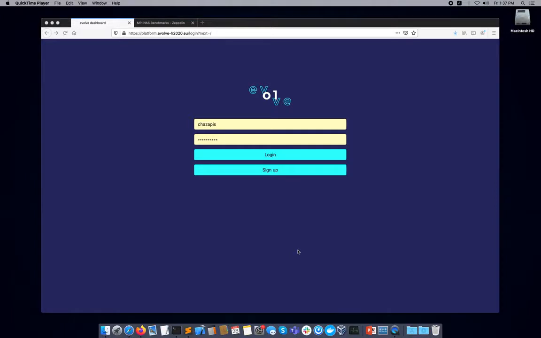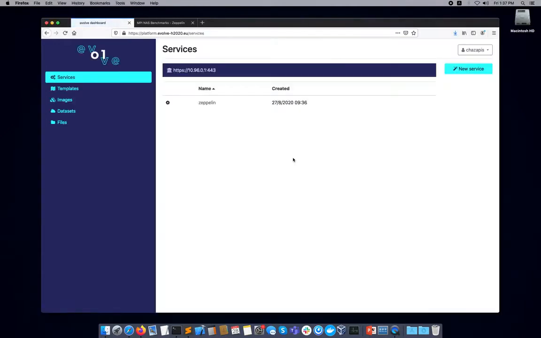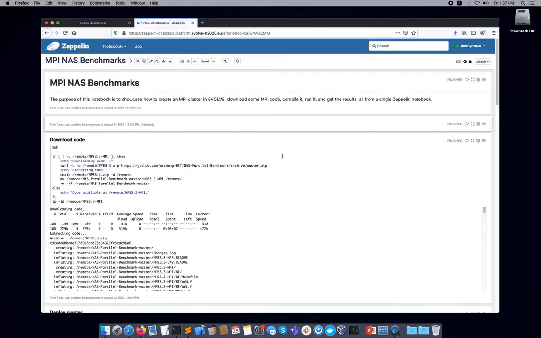In this demo, I will show you how we run MPI applications on the Evolve platform. First, I log in to the dashboard and bring up a Zeppelin instance. Here, I have already imported one of our example notebooks, which you can find in the shared data namespace in